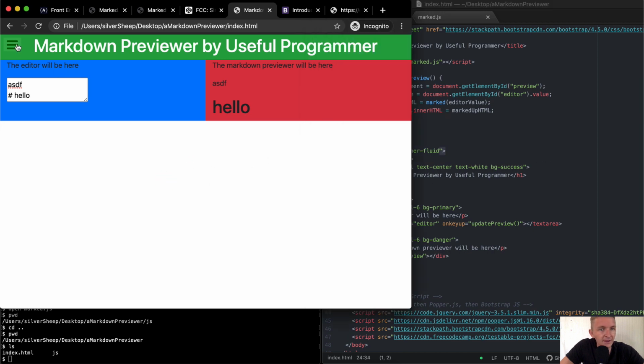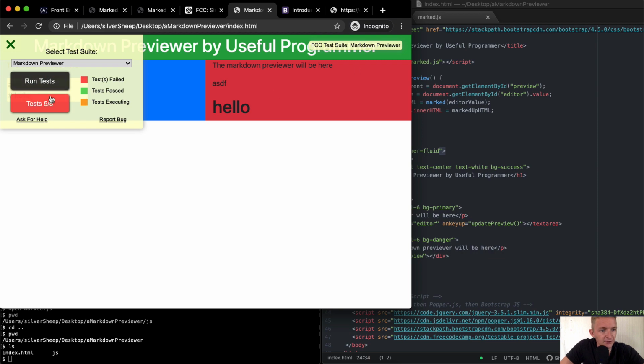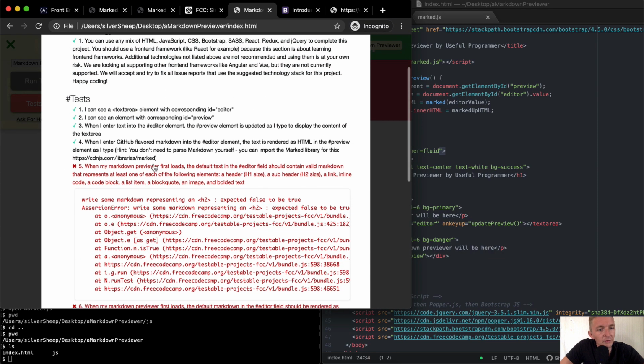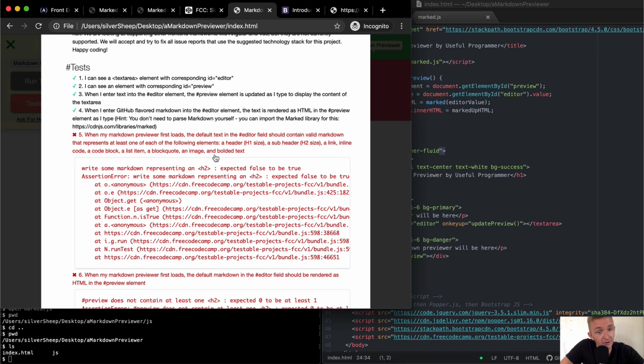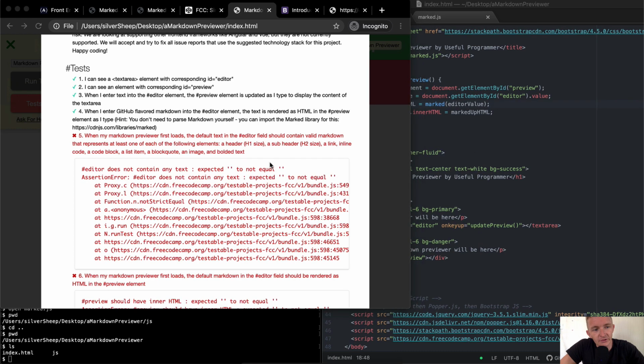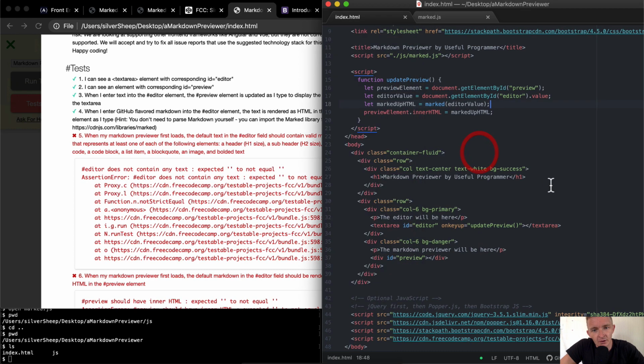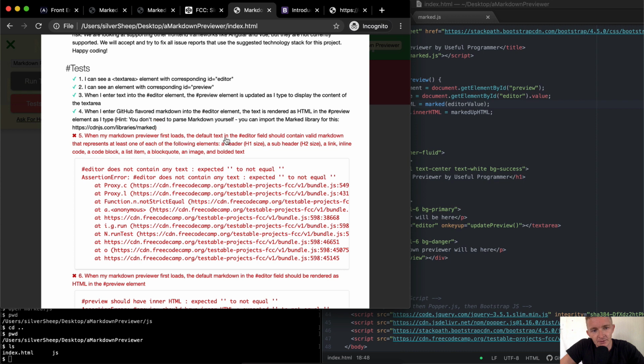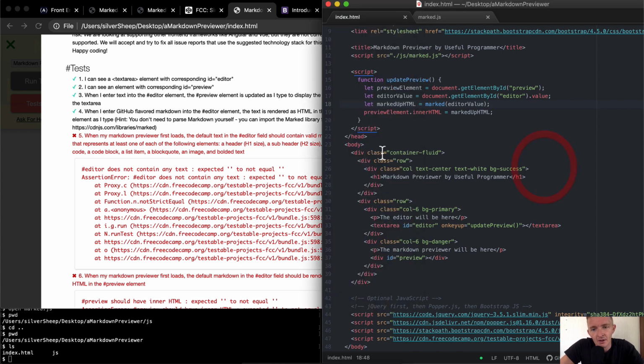A little bit of refactoring, and I'll come back over here, Markdown Previewer, run the tests. We've got that one. When my Markdown Previewer first loads, the default text in the editor should contain valid Markdown that represents at least one of each of the following elements: a header, a subheader, a link, an inline code, a code block, a list item, a block quote, an image, and a bolded text. Okay, so what we want to do then is when the Markdown Previewer first loads, the default text in the editor field should contain valid Markdown that represents at least one of each of the following elements. Okay, so